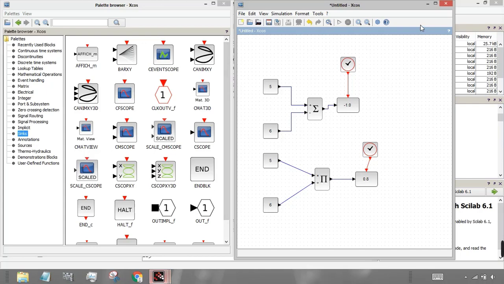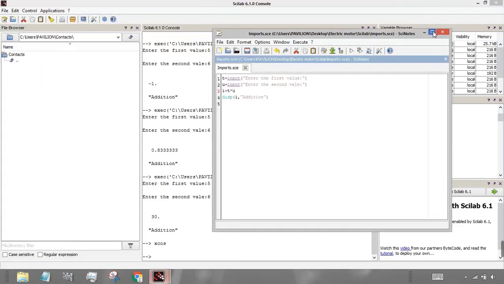So before moving much deeper into Xcos, we will just see how to perform other operations, like how we can find out after doing normal mathematical operations. It will be easier for you. Then next we will calculate the areas of other shapes like square, rectangle, how to do that in this. So I'll just minimize that.